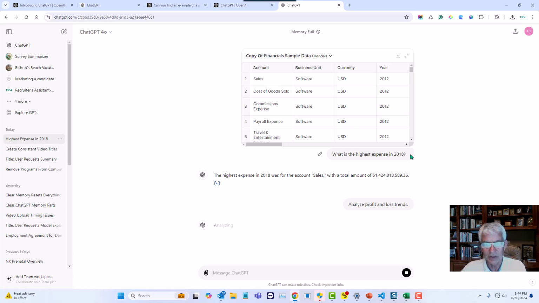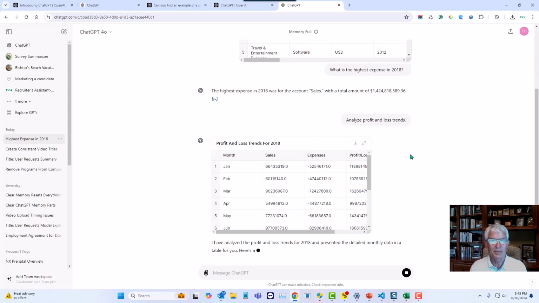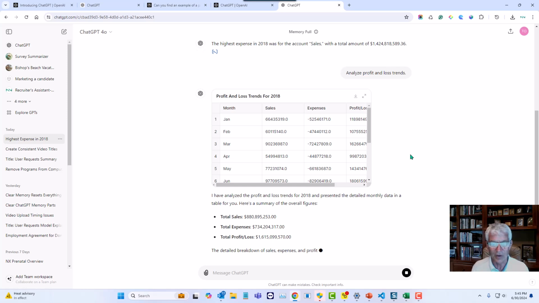I also like using this if you're evaluating a financial investment and somebody gives you a pro forma and there's a lot of numbers on there. I used that the other day. Somebody gave me one, wanted me to invest in something, and I uploaded the spreadsheet and had it review it for me. Just asked, hey, what is my return on investment? How many years will it take me to get my money back, and is this as good as a Vanguard index